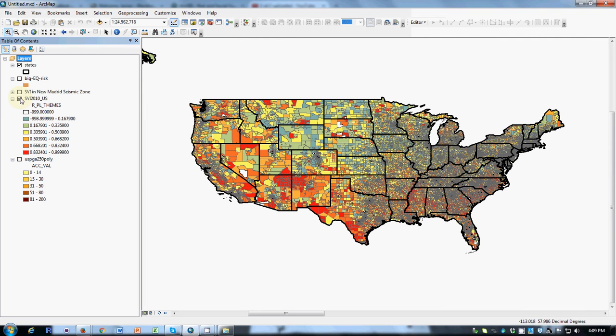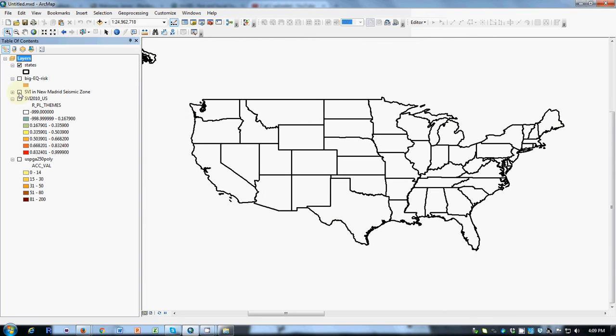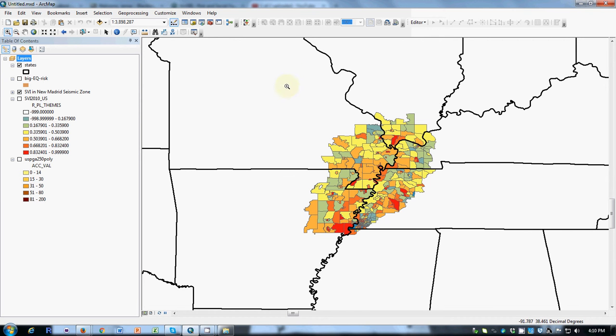So again, what we can do in ArcGIS is use our select by location capability, and what I've done is I've selected only those